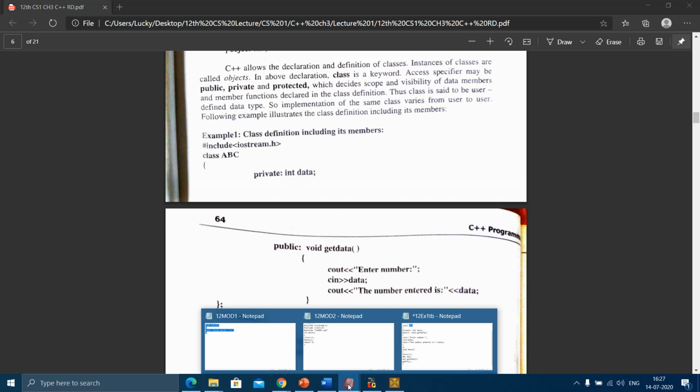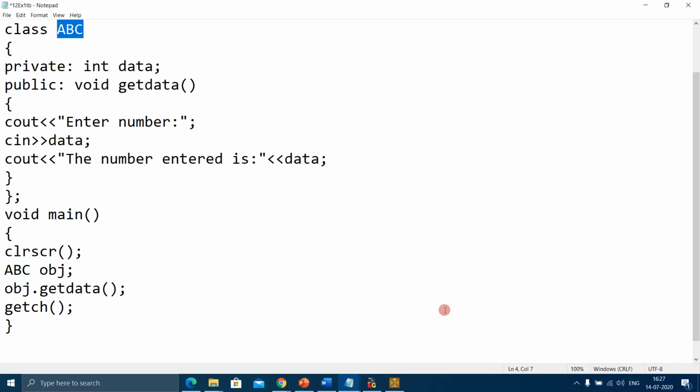Access specifiers in C++ object-oriented programming are of three types: private, public, and protected. Private, as the name suggests, is private to a class. Anyone outside the class cannot access it. Public, anyone can access it.